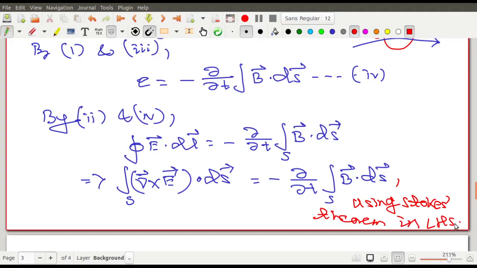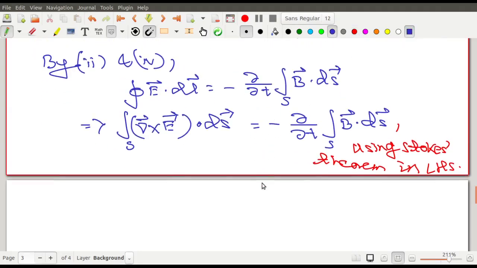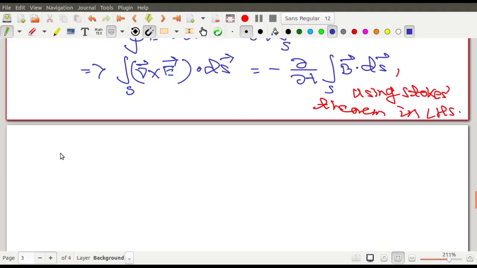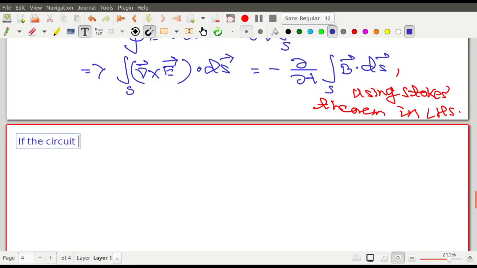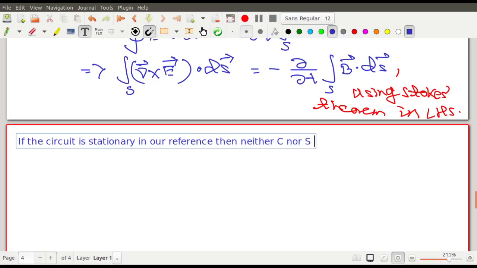There is some task on the right hand side. Let us see what tasks you have on the right hand side, what can happen on the right side. So have a look properly. Here I am writing, see: if the circuit is stationary in our reference frame, then neither C nor S depends on time,